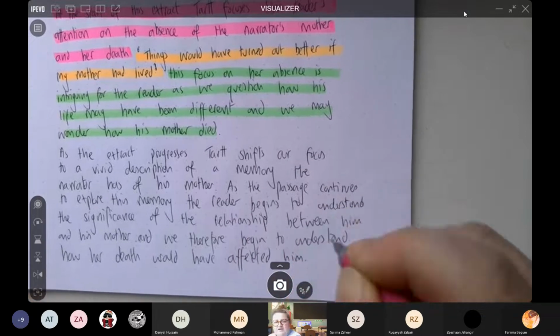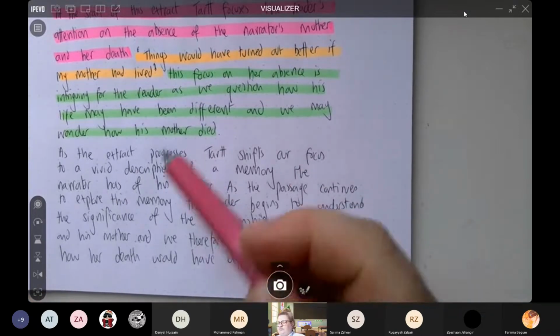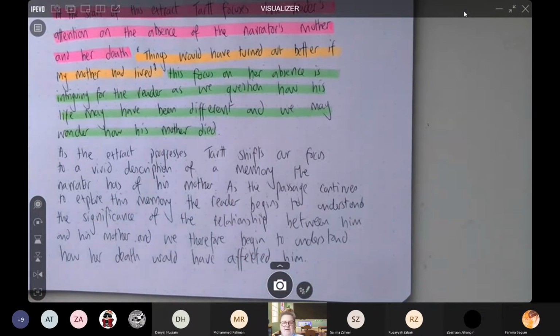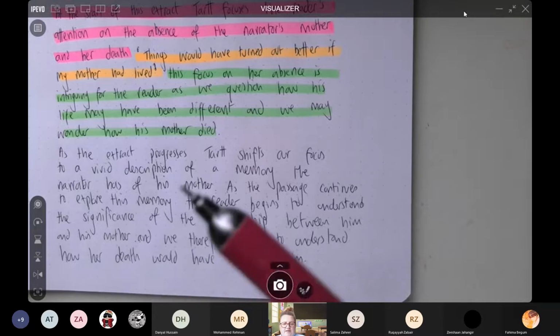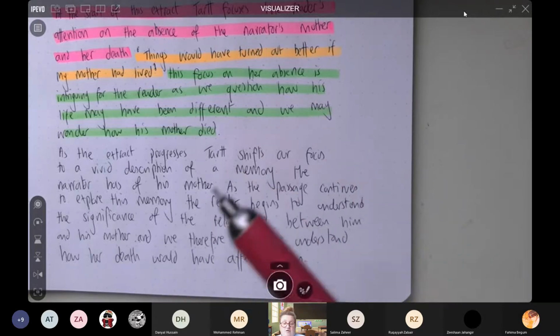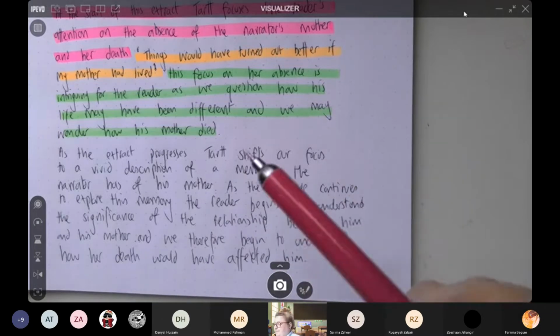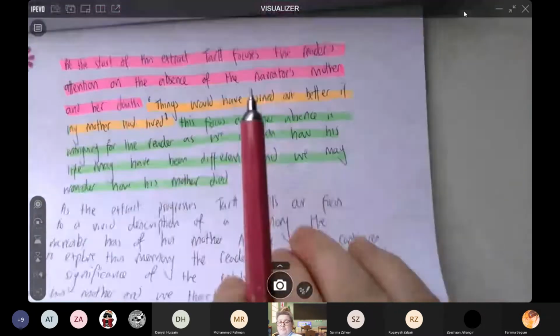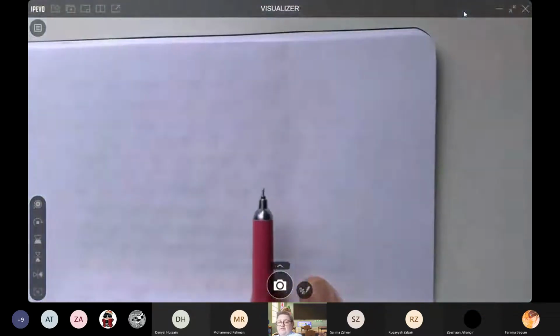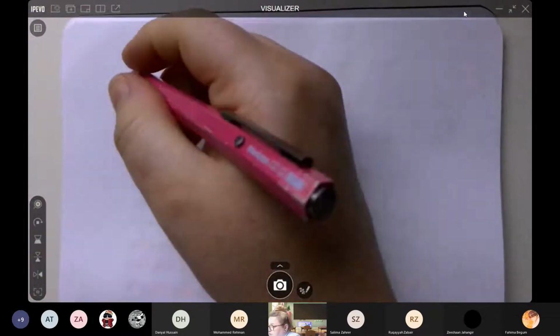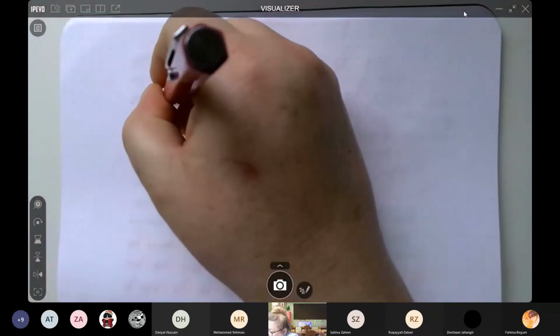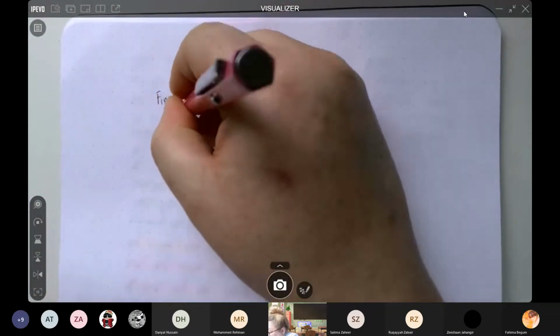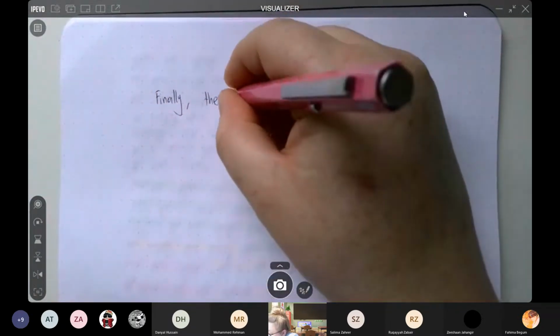So what's this writer doing to interest us? Well, the writer's describing the mother through the version of a core memory, and it's telling us that they were close, that therefore her death would cause a breakdown in his future. That's the first two sections. The third paragraph that you would need to write, therefore, is just going to focus on the ending. So we might say, finally, the writer